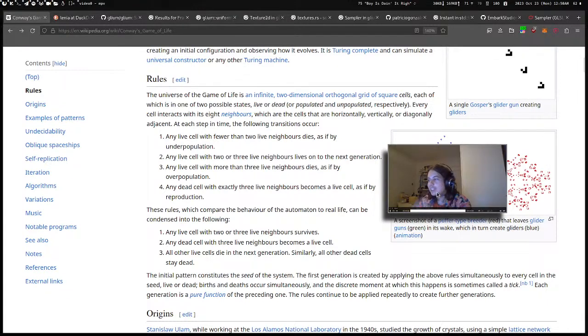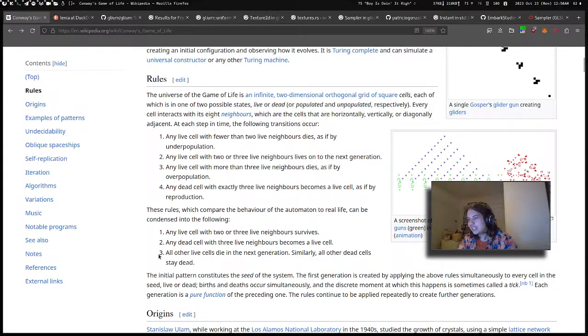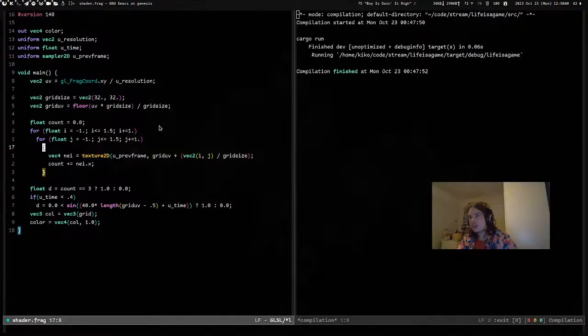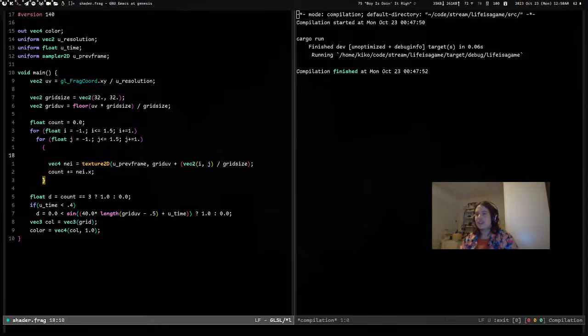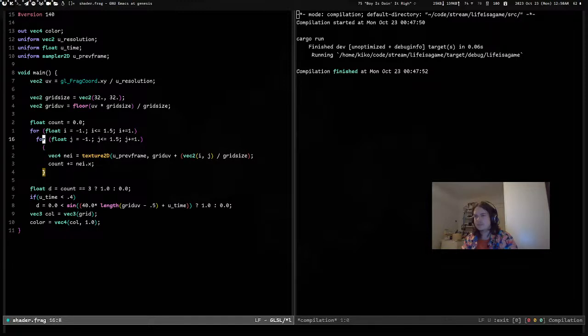But then, how do I implement that rule exactly? All other cells die in the next generation. A dead cell with 3 live neighbors. Okay. There's, I guess, no clever way. I mean, there probably is a clever way, but